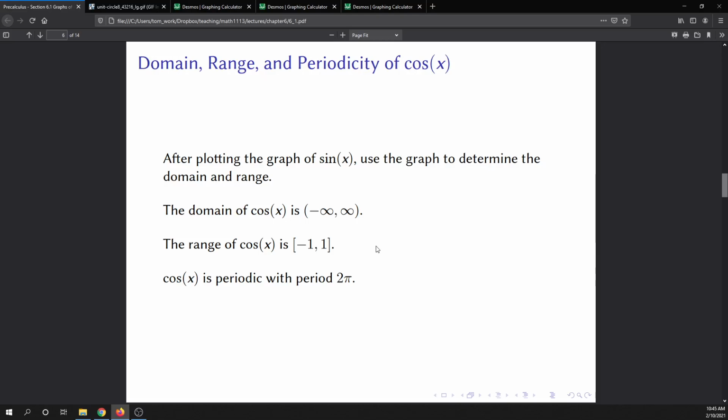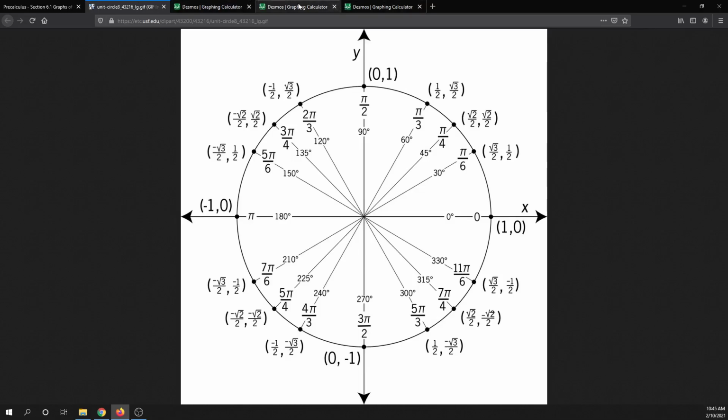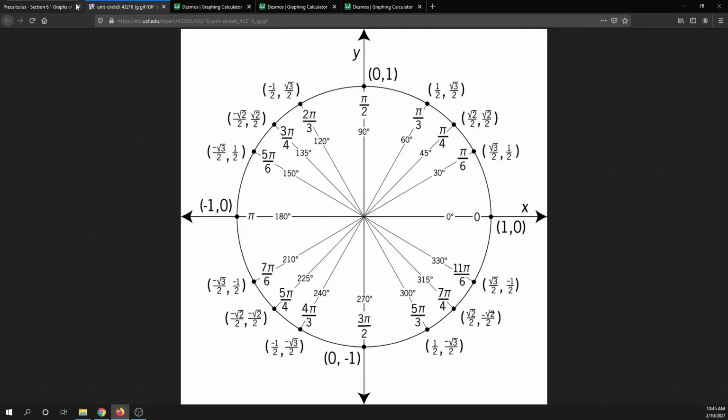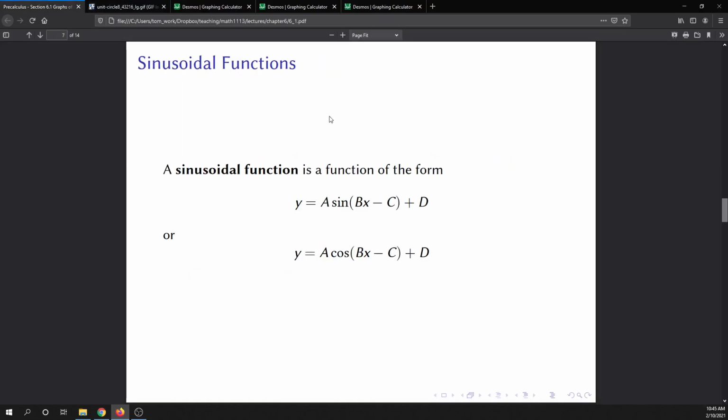All right. And so they're very similar to each other, the sine and cosine functions. They have a lot of the same properties. They're different, obviously, but a lot of the things are the same. They have the same period, they have the same domain, they have the same range. All right, so that's an intro to the basic